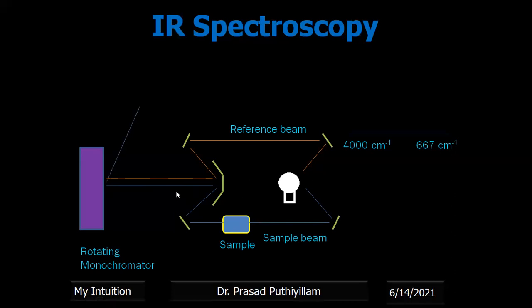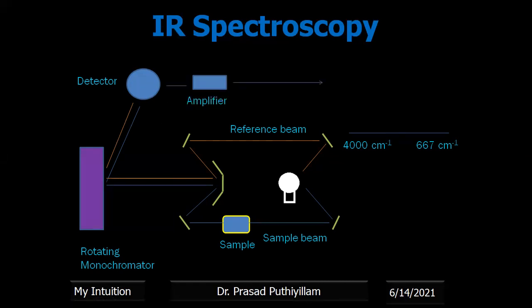After that, the instrument converts it in a detector, where it absorbs or checks the IR radiation coming and converts it to a corresponding electrical signal, which is then amplified and gives the percentage transmittance. The computer or any other data analyzing device converts it to percentage transmittance, that is, how much IR radiation is transmitted through the sample. The percentage transmittance is calculated and we plot it on the y-axis.